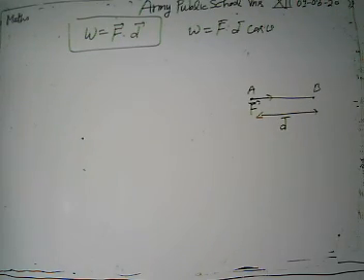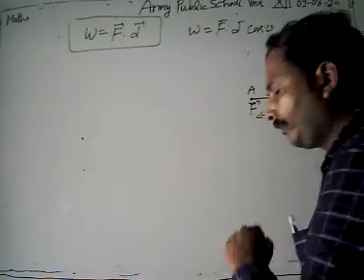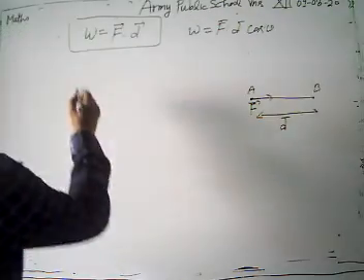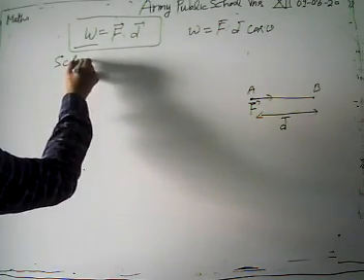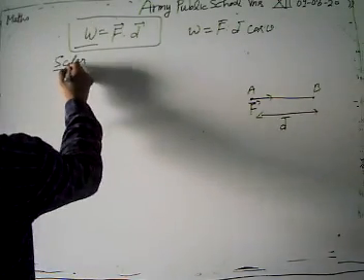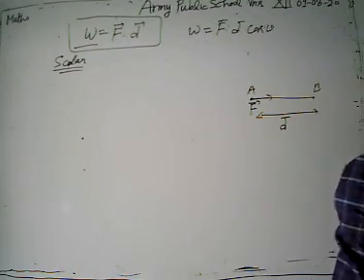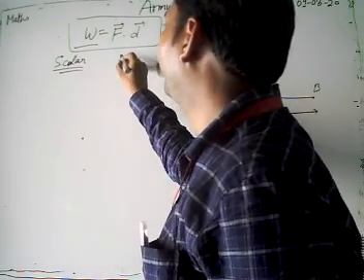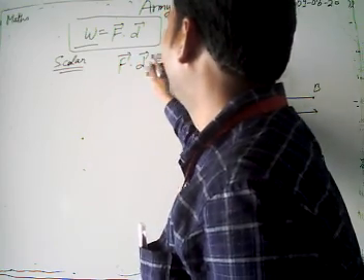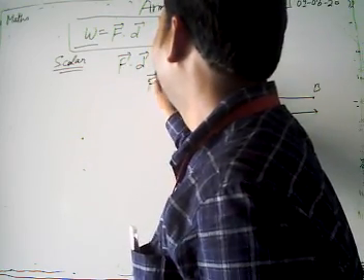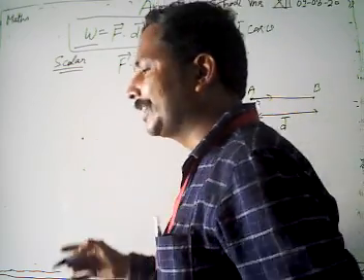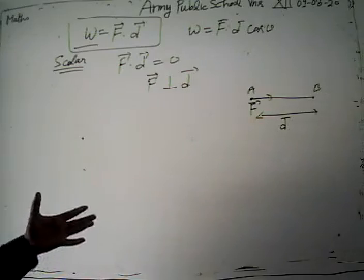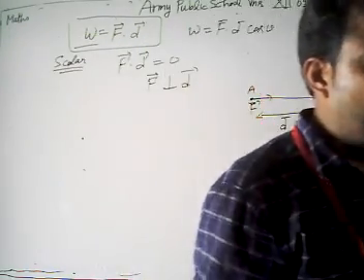And again we can easily verify that. Look, we take the dot of two vectors, F dot D, but our work done is what? It's a scalar quantity. Again, when our work done is 0, it means F dot D is 0, our dot product is 0. That means force is perpendicular to displacement. Whenever our force is perpendicular to displacement, there is no work done.